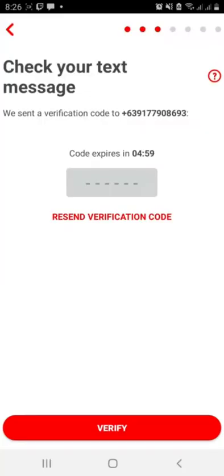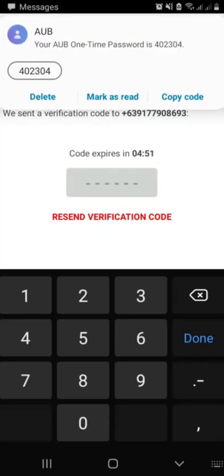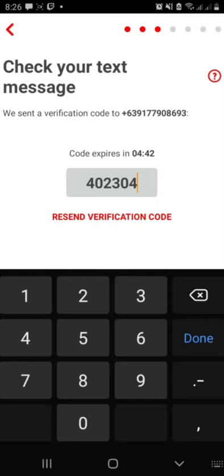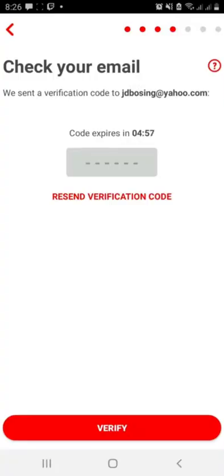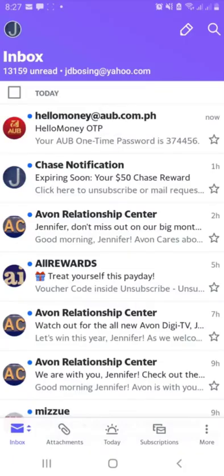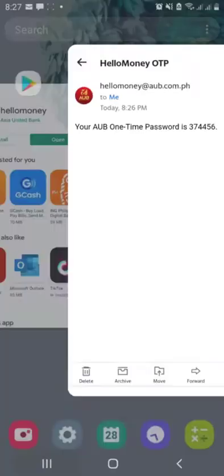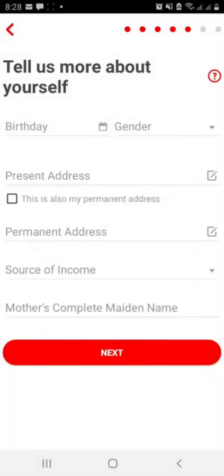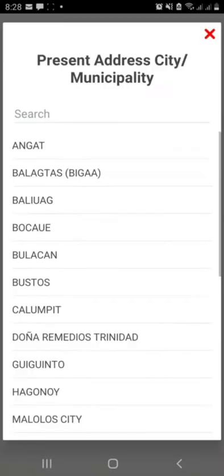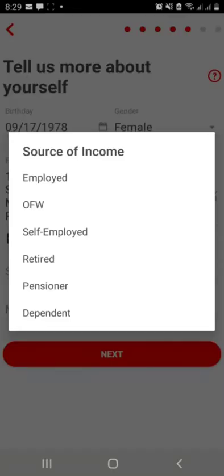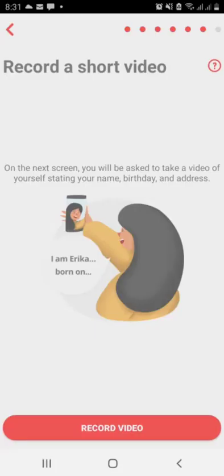After the password, they will send you a verification number through your messenger or cell phone text message, and also sa inyong email address. Again, input the validation number, add your other information like your birthday and address, and you're